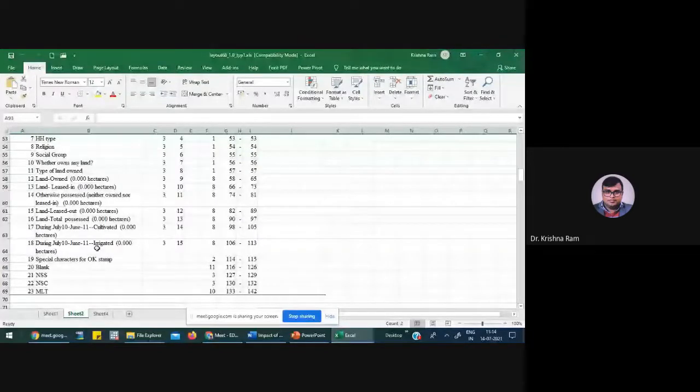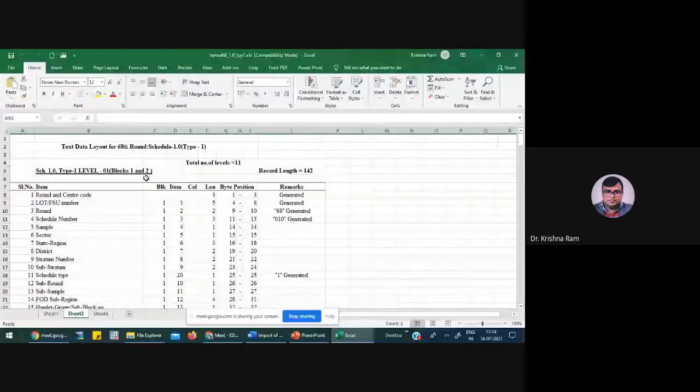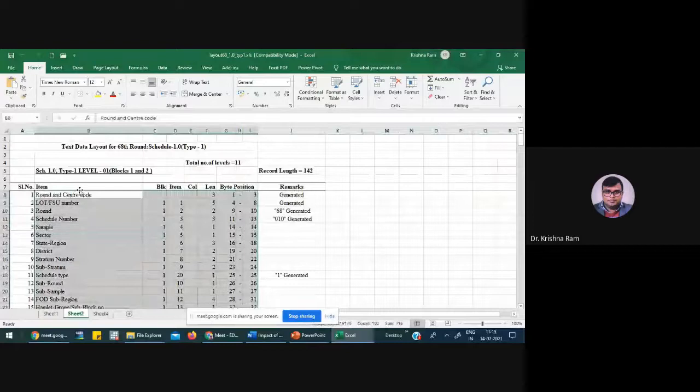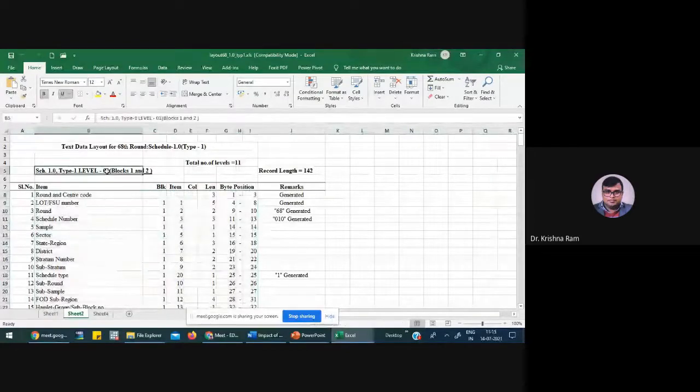So this particular layout file belongs to the Consumer Expenditure Survey, 68th round. Here you can see this layout file divided into different levels. This one is the record for the first level. Level 1 is written on the top, and this level 1 contains information for block 1 and block 2. You know what block 1 and block 2 are. Basically, the questionnaire is divided into different blocks. So this particular level contains information of block 1 and block 2, and it is called